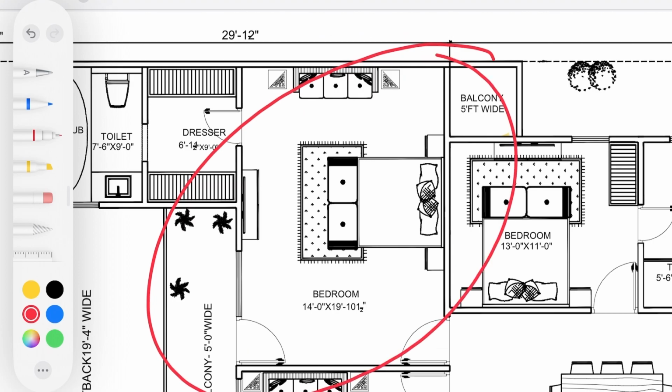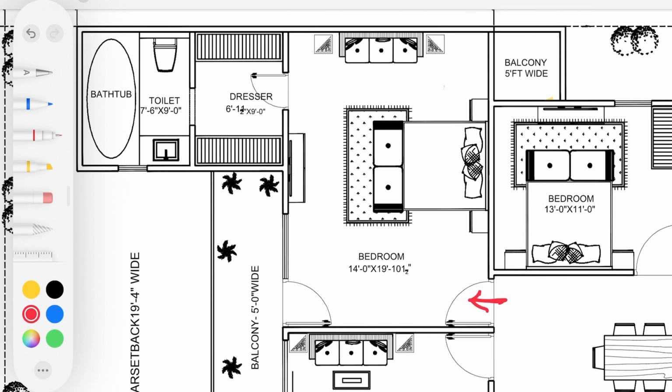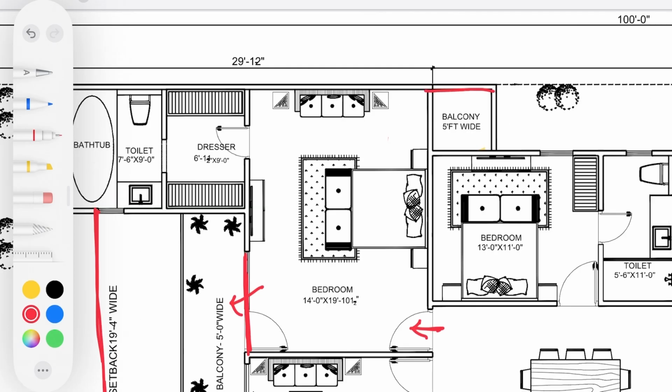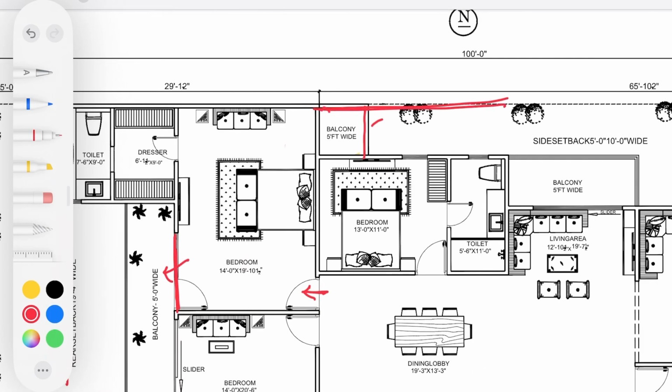This was the architectural plan that I got. Now what are the dimensions? This is 14 feet by 19 feet 10 inches, somewhere around 20 feet you can say. Your bedroom entry is over here. This is your window which is going towards the balcony. Now the terrace was also extended like this. This was the balcony attached with this bedroom, but later on we extended the drawing dining area to this,